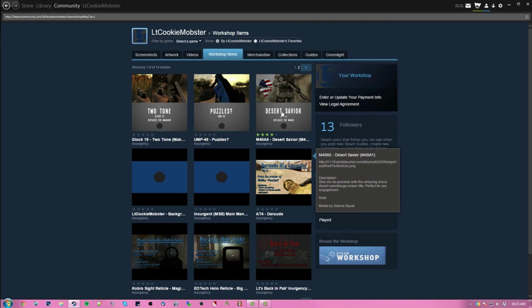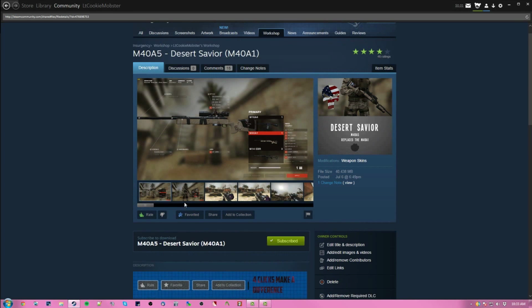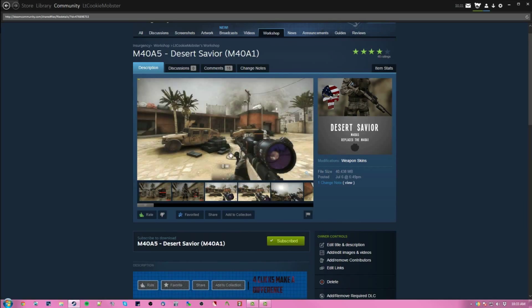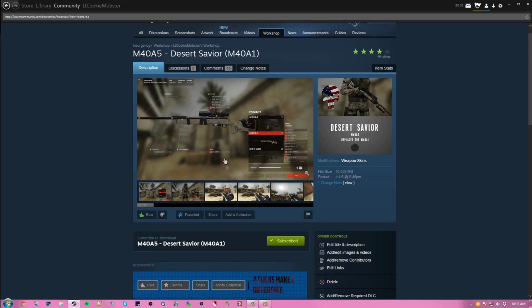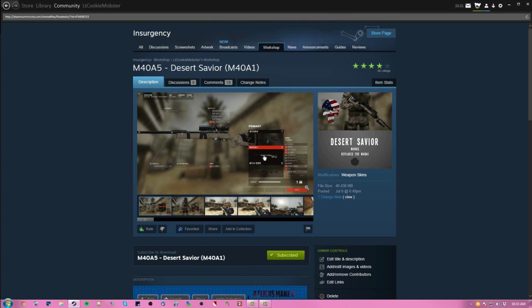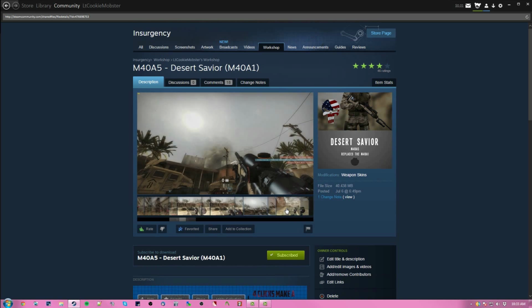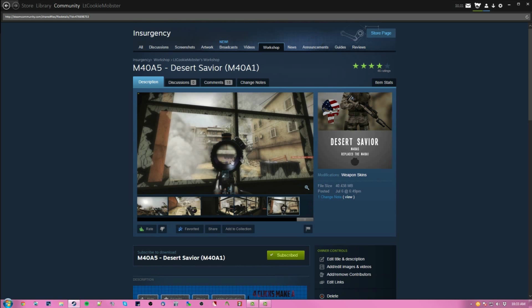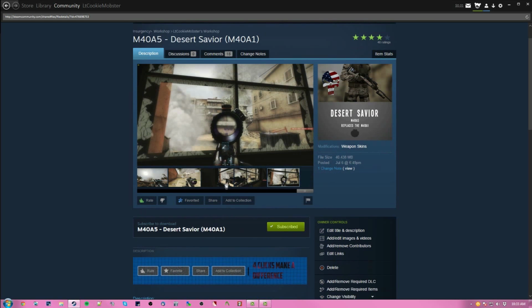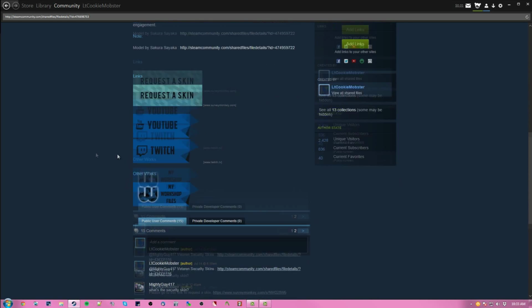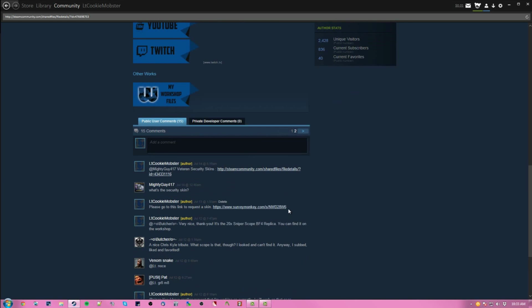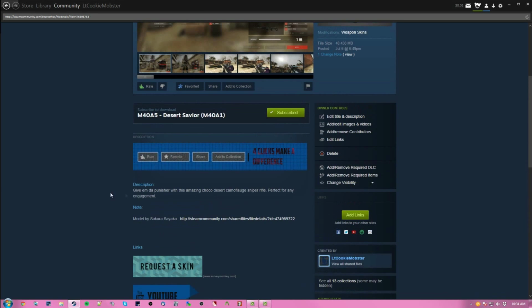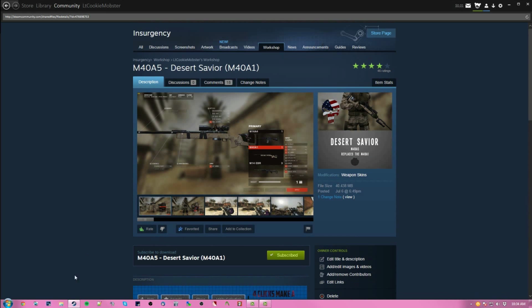Let's take a look at my most popular skin. You can see it's fully textured, with some custom features. It's also a custom weapon model. As you might see here, it's the M40A5, which replaces the M40A1, the default sniper rifle for security forces. The sight is different, but whatever. It's pretty popular, not to brag or anything. I've gotten a couple of requests to make this tutorial, so